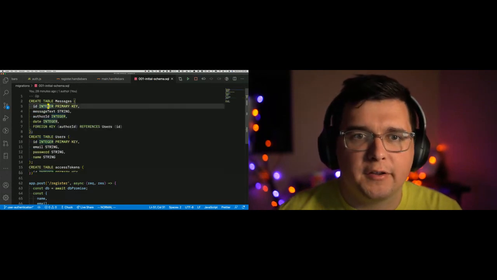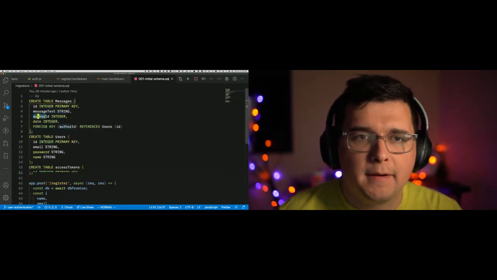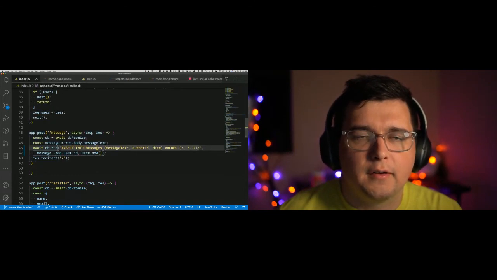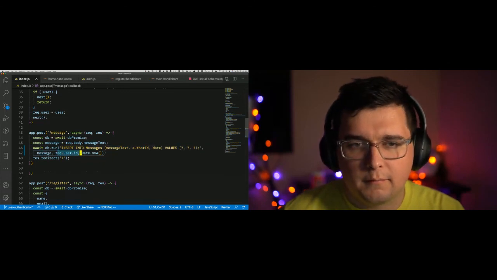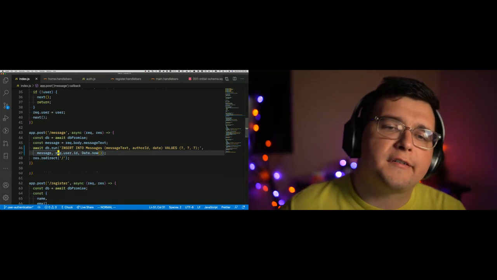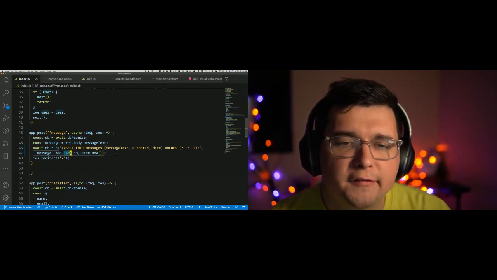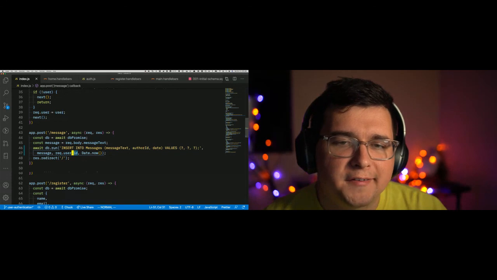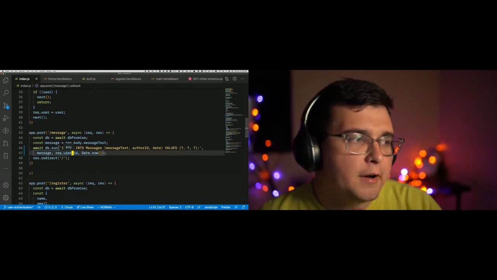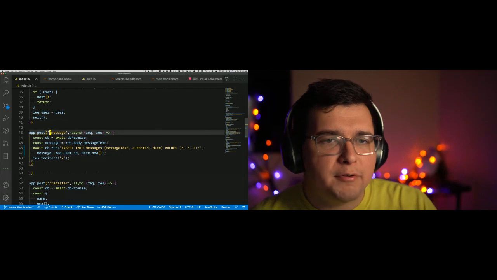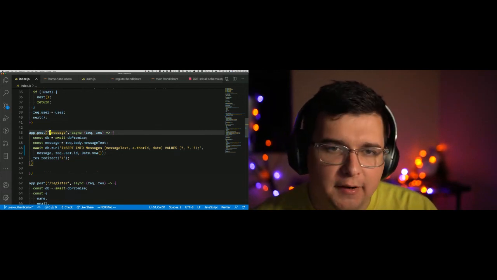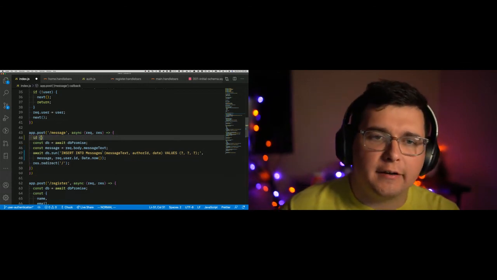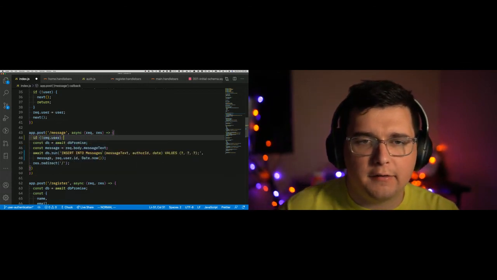Let me double check. So in the messages table, we expect message text, author ID, date, and ID is generated for us. Message text, author ID, date. Message, user ID, date. Oh, here's a note. If req.user doesn't exist, then when it tries to get the ID, it's going to blow up and throw an error. But you shouldn't be able to send a message if you're not logged in. So let's just do some error checking. If not req.user